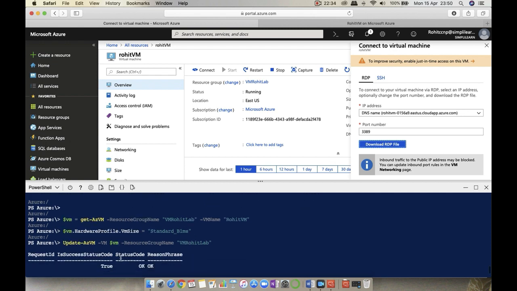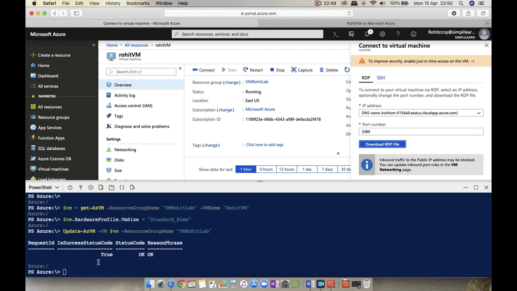When we execute this command, this finally brings into effect the new hardware profile size that we intended. So this is how we resize a VM using just 4 simple steps. In fact, 5 steps